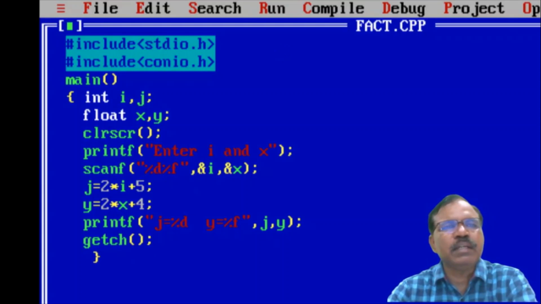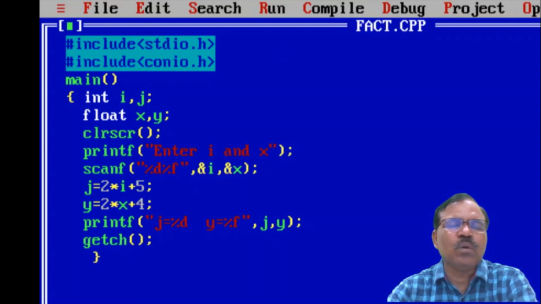The next statement is also a declaration statement, float x, y. Then clear screen, then printf. In the brackets of printf we have the string "Enter I and x", and this printf function is without argument, so only "Enter I and x" is printed on the screen.